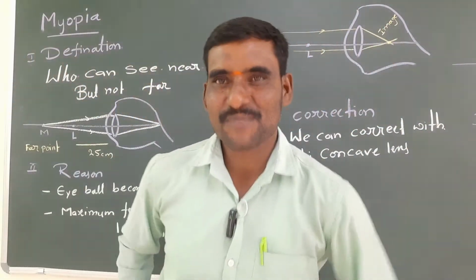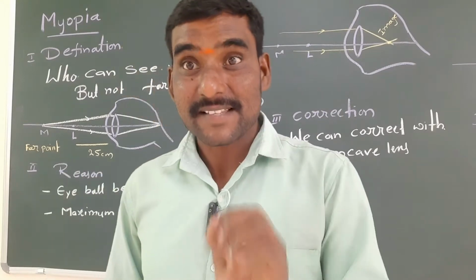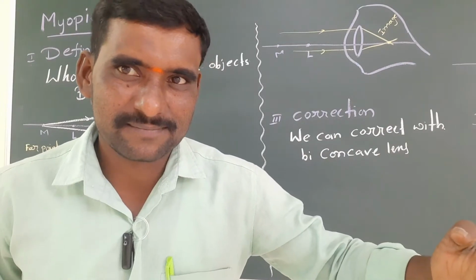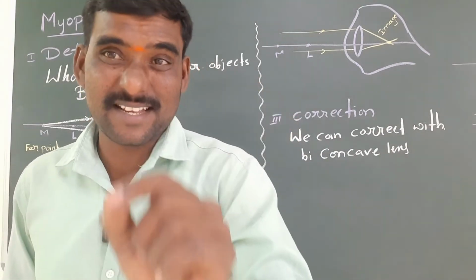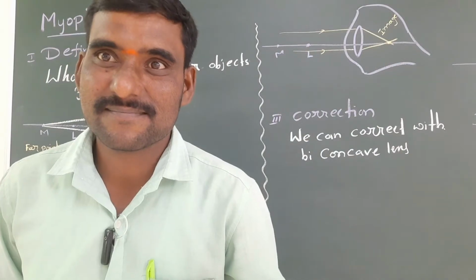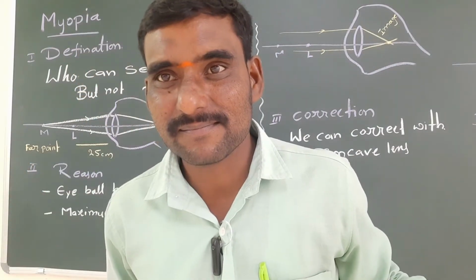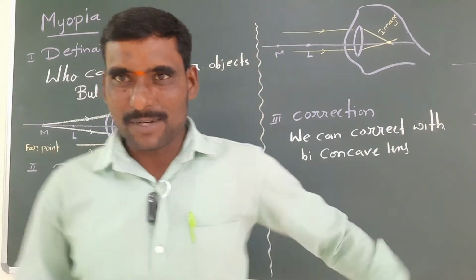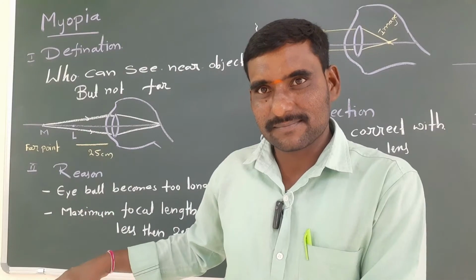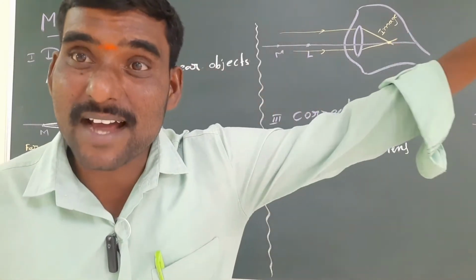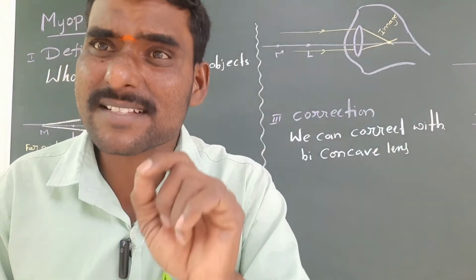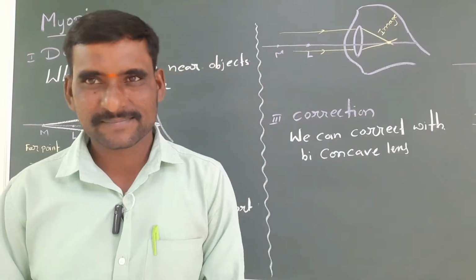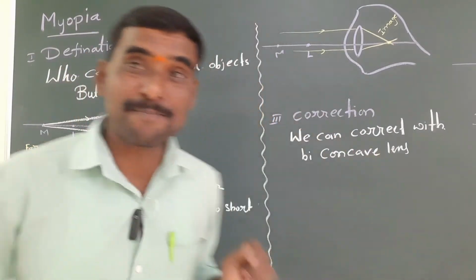So we'll see now. First we'll go for myopia. For example, you want to see a near object. Your focal length should be 2.27, then only you can see. If not 2.27, you can't see a near object. For example, one more person is there. That person can't see far because that person's maximum focal length is not 2.5, it is less than 2.5, so he can't see. Okay. Now see myopia.